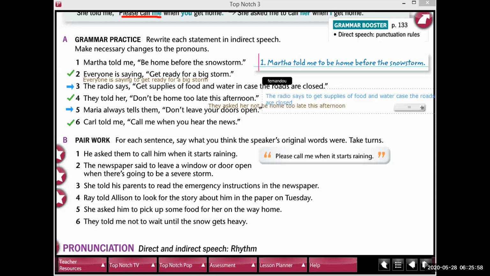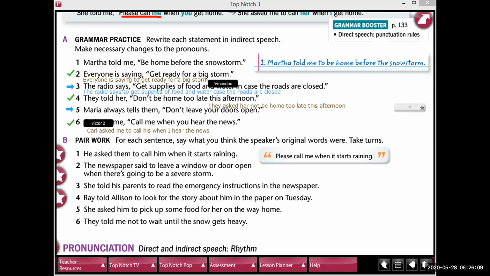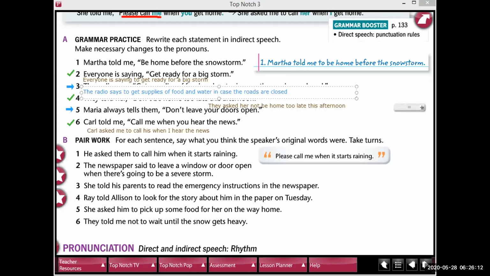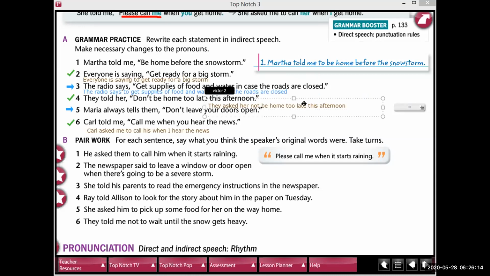This is Fernando's. The radio says to get supplies of food and water in case the roads are closed. Just in case. Number 4. They told her not to be home too late this afternoon. That's correct. Number 5 is not yet finished, Fernando. And 6, Carl